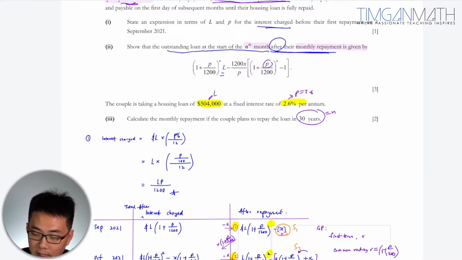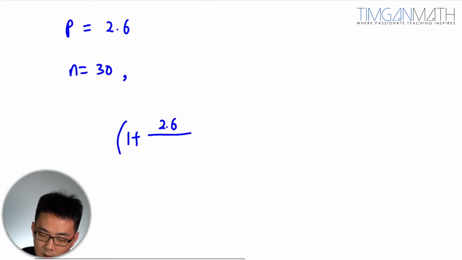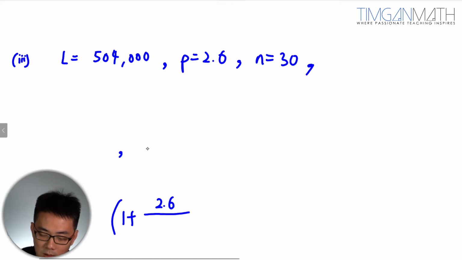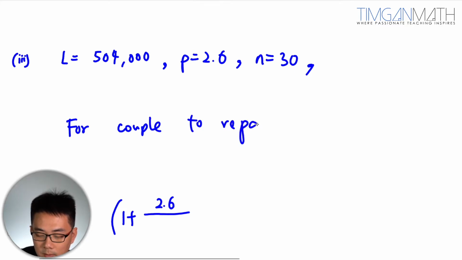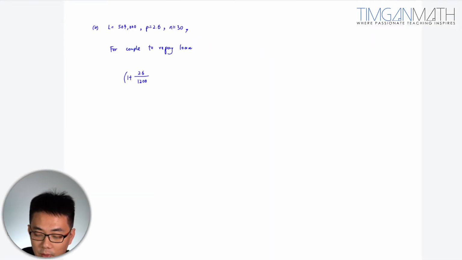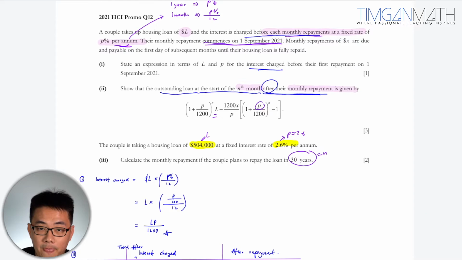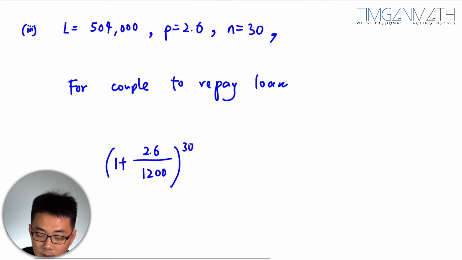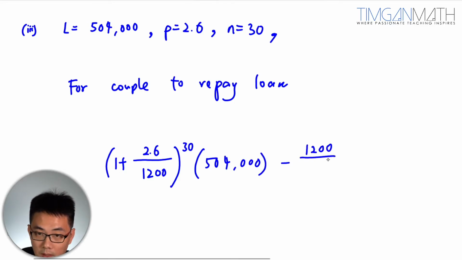For the couple to repay the loan in 30 years. Maybe I just write this down. Okay, so this will be for the couple to repay the loan. What we need is P. We're going to use the formula there. So the previous formula, which is this, right? This one here. Then I'm going to put this as 2.6 to the power of 30. And L, which is the principal amount, 504,000, minus 1,200. And this is P, which is